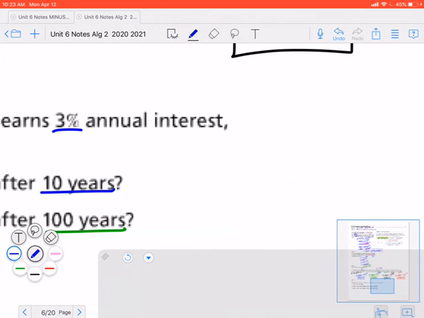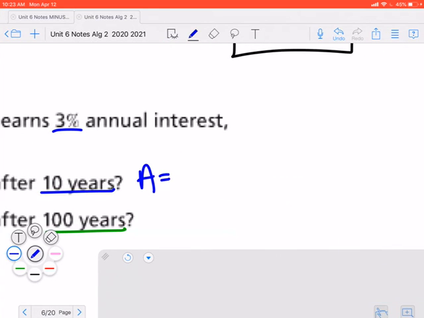So after 10 years, A is equal to, we are investing 3,000, times 1 plus our percent, which is 3%, so 0.03